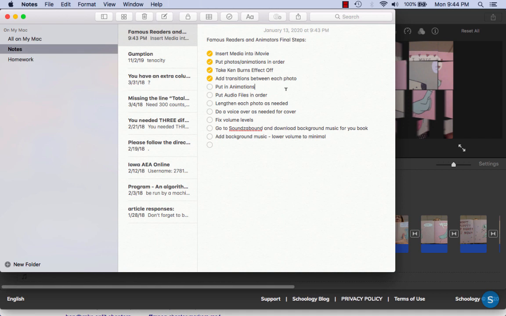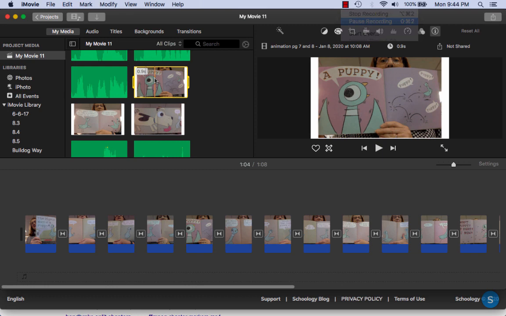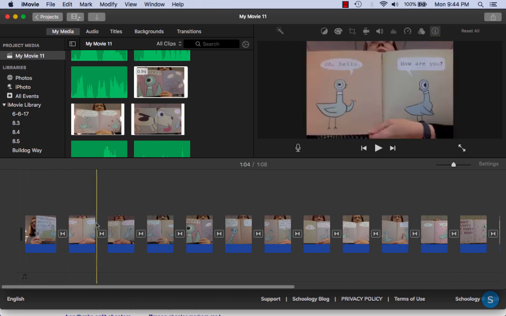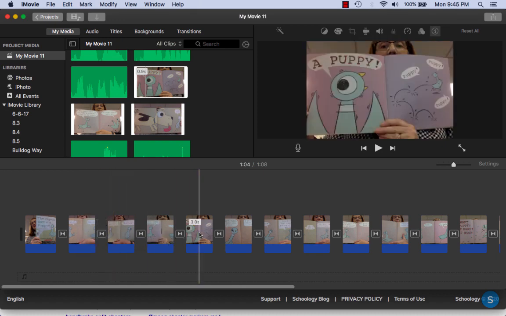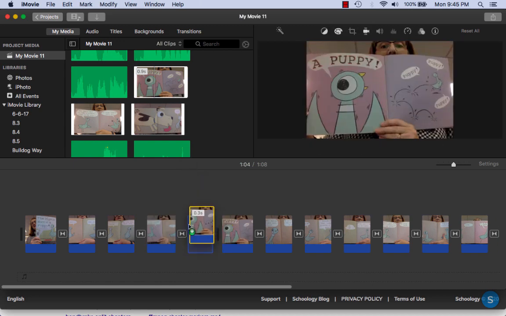Put in animations. Okay, so back to my media. So when I have this animation clicked, I can hit the Get Info button here, and it tells me the name of this, Animation 7 and 8. So I know I'm going to go to page 7, 8 down here, and I'm going to look in my book, page 7, 8, there it is, and I'm just going to drop this animation on top of this photo